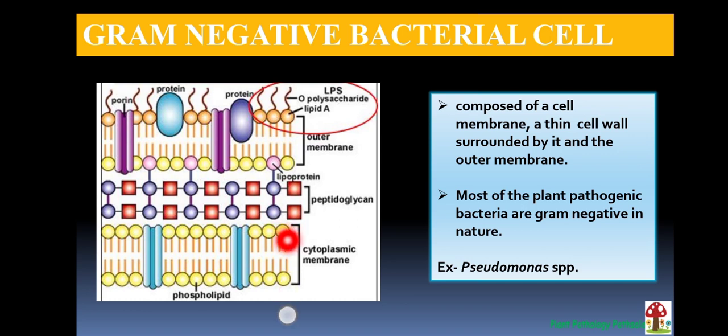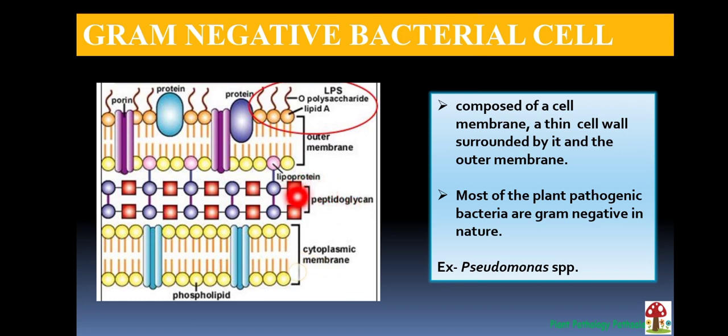Okay, so here you can see a cytoplasmic membrane is there. This is just similar to the gram-positive bacteria, but the cell wall of gram-positive bacteria is thick, while here the cell wall of gram-negative bacteria is very thin, because it consists of a very small layer of peptidoglycan. It is not multi-layer. Okay, only one small layer of peptidoglycan is present.